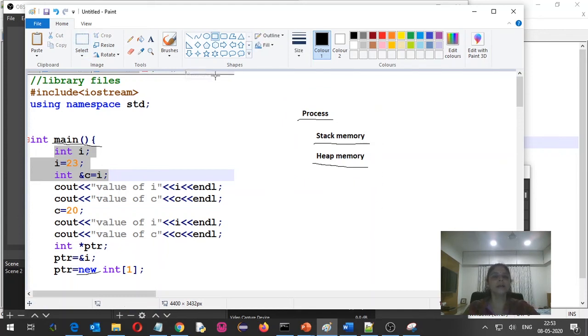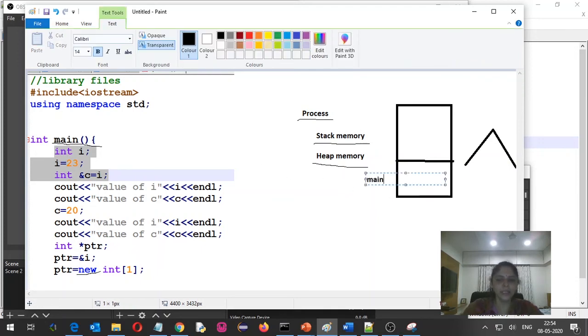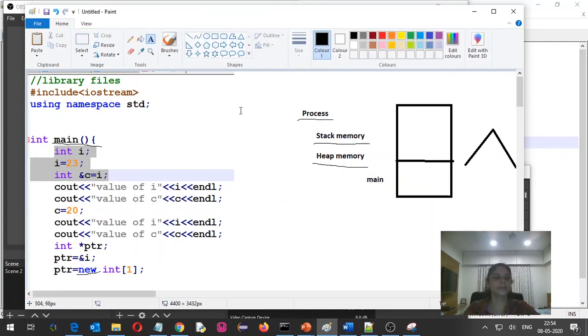Now if you want to understand how this memory allocation will happen and how the execution will happen, to see that, let's draw a stack memory over here. So stack, we know that it is last in first out. So suppose this is the stack memory available, and suppose this is the heap memory which is allocated to the process. Now whenever execution begins from the main method, a frame will get added into the stack for the main function, and this frame will be reserved for all the variables which are available in the main function.